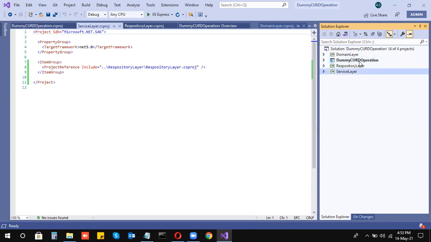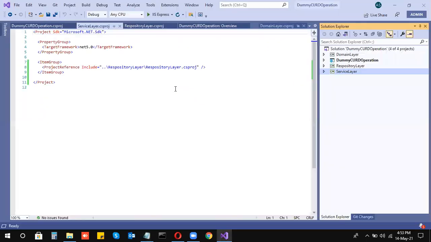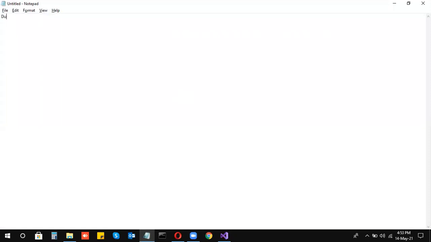That means the first request comes to the dummy card operation, then it goes to your service layer, takes help from the repository layer if required, and then it checks the domain.